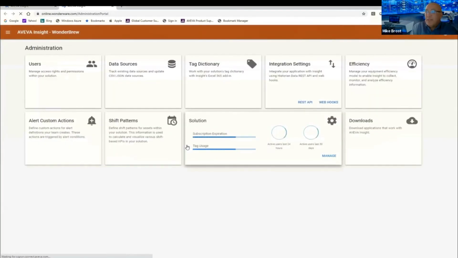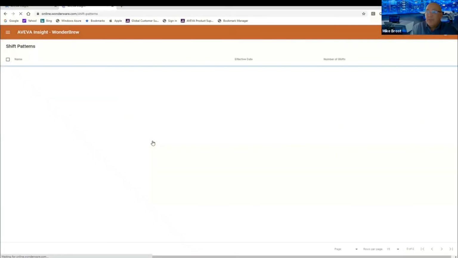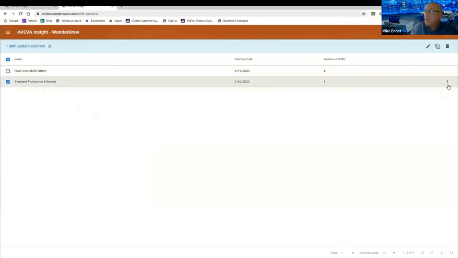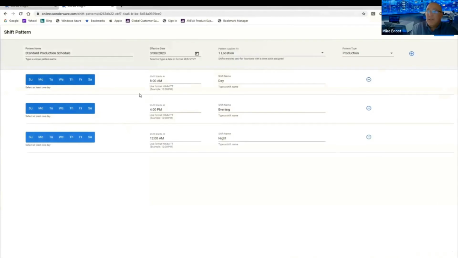And now we're also going to add shift patterns. Shift patterns give us the ability to define a shift. We've got, say, a standard production schedule shift, and we're going to look at that. It's set 7 days a week, starts at 8 a.m. and goes to 4, and 4 to 12, and 12 to 8, and provides our day and evening shift. That may be our standard production shift, but we may have other shifts that we need to define. So we could